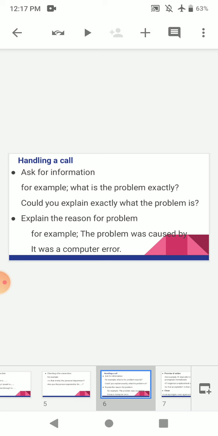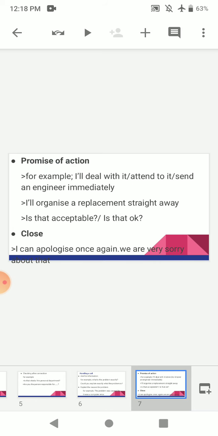For example, if you are customer care of ABC bank, the person has called you to know why he has not received the deducted amount after 24 hours or something like that. So he will discuss his problem with you, and then your response will be accordingly: you will give reasons why this problem happened, and then you will promise, yes sir, you will assure him that the issue will get resolved soon. You will say, I will deal with it myself.